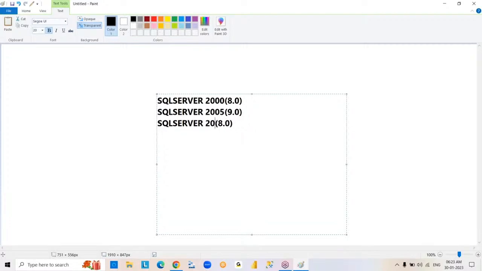Then 2008 version 10.0. After that 2012, 11.0, 2014 version we have 12.0,